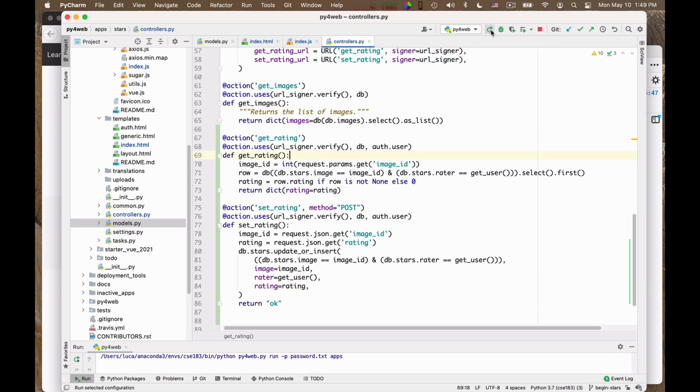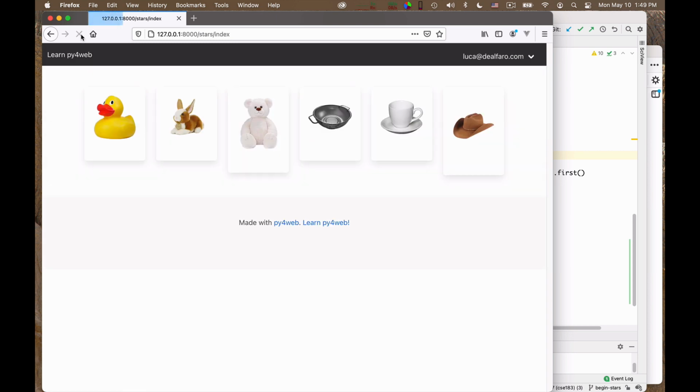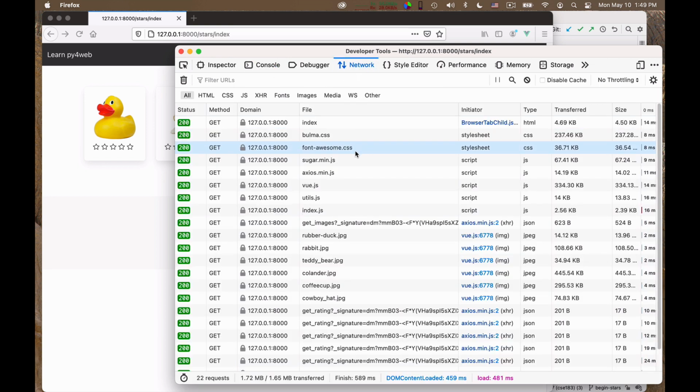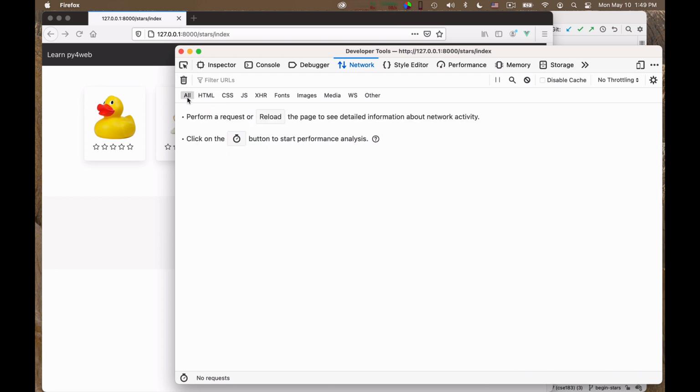So I need to reload, right, because I made changes on the server. Then I go here, I reload, and I check the console because I want to be sure that I don't see any error here. I may want to keep an eye on the network tab. I may want to clear it. In this tab, All means all requests, but XHR are only the JavaScript requests. And this is useful because it avoids all the static requests such as for images and other stuff, so we can focus on our interaction essentially.